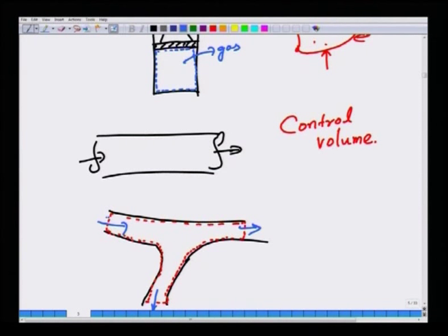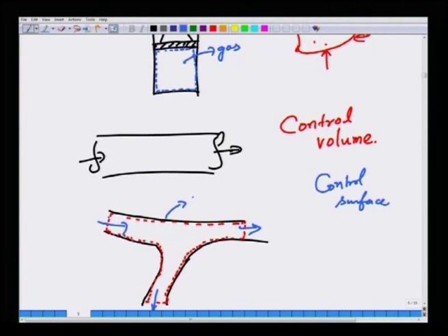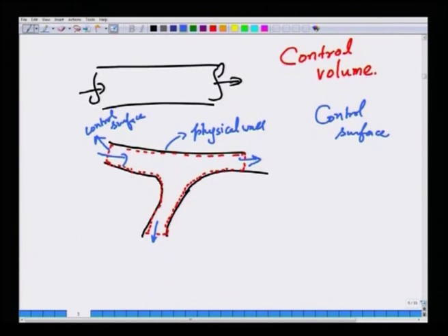These are imaginary surfaces, these are called control surfaces. They need not always be real in the sense of a real surface that is separating the inside and outside of the control volume. Sometimes they can be simply imaginary. For example, this is a physical wall where fluid cannot enter or leave, whereas this is a control surface where fluid can enter or leave. It is only in our mind that there is a surface, because this is the region that we have chosen to work with in the control volume.